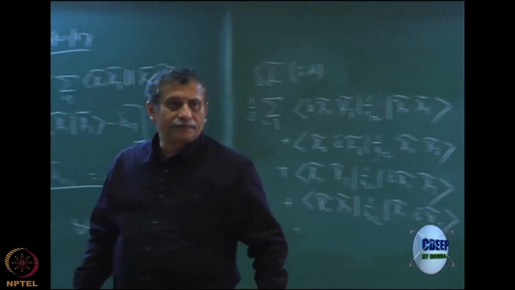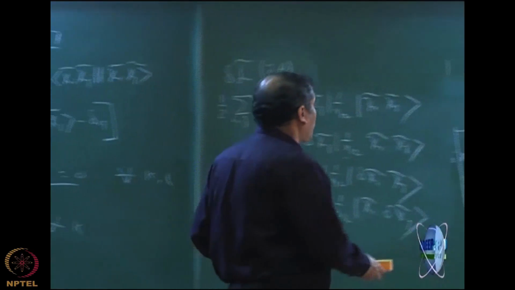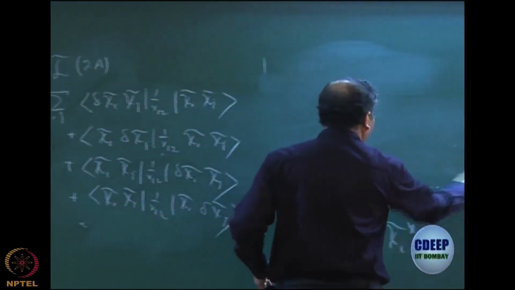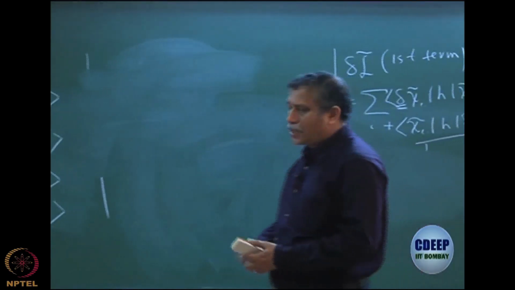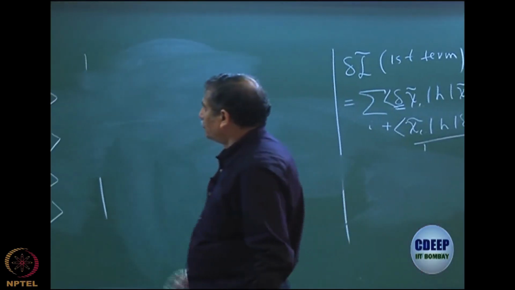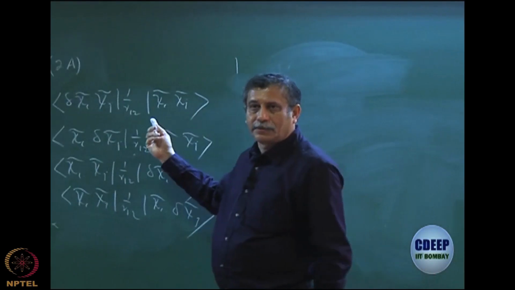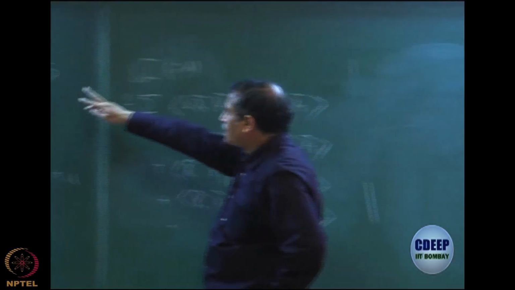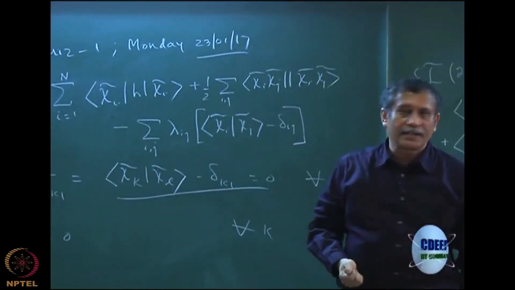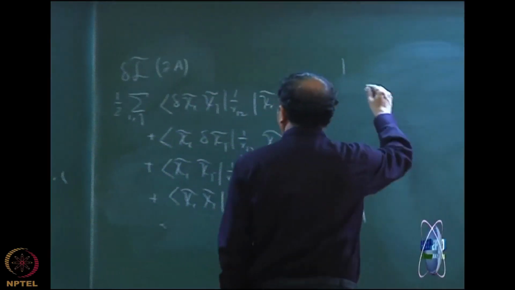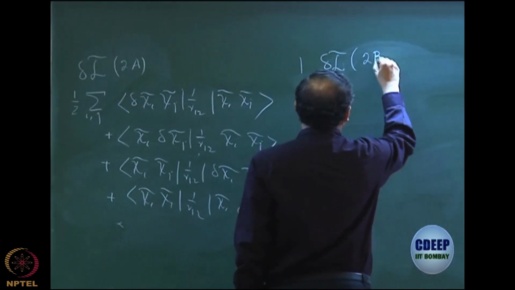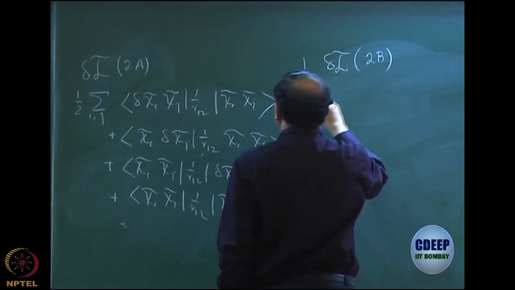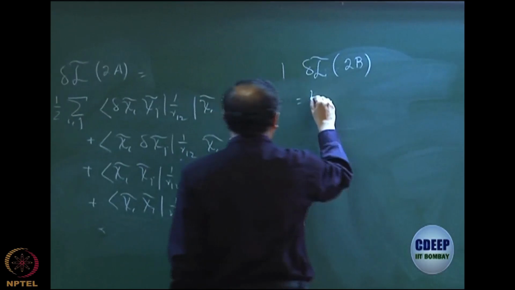That's the Coulomb part. Then comes the exchange part, which is more difficult to write. Simply because I have to switch this. Okay? Eventually, of course, I have to switch this. So chi j tilde 1 by r12 chi j tilde chi I tilde. So I can write this delta L tilde 2b. So I have to be just careful. So this should be equal to half of